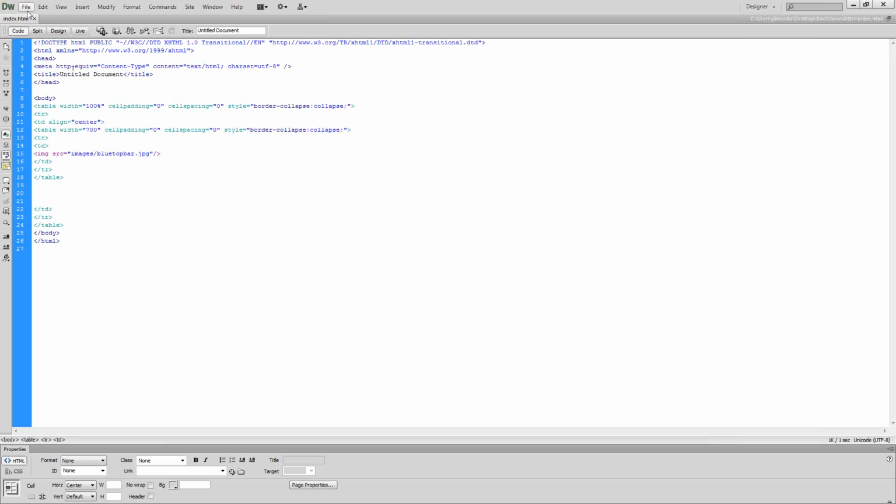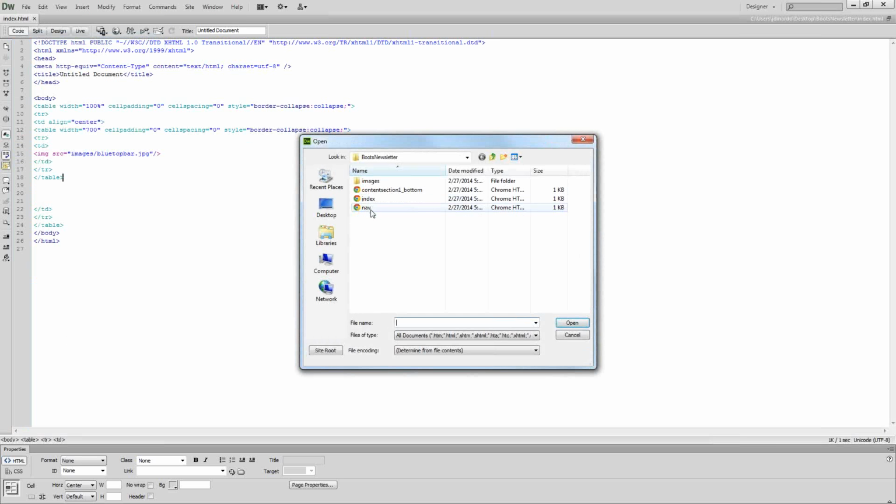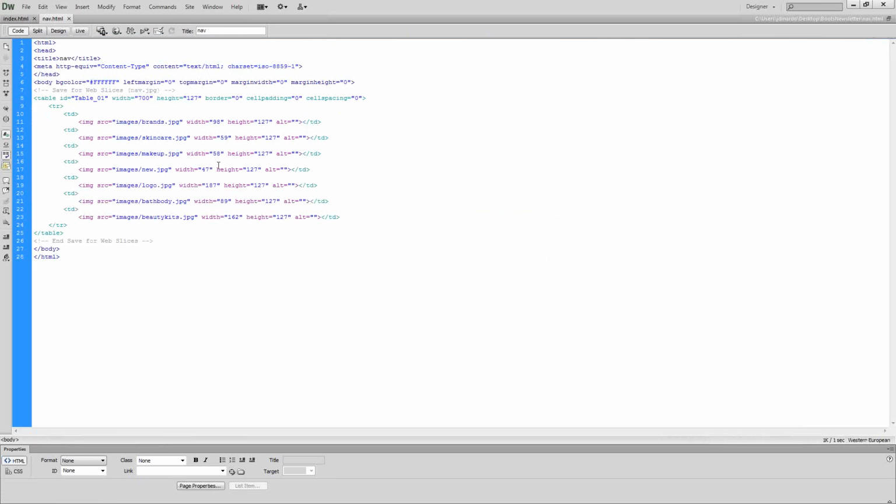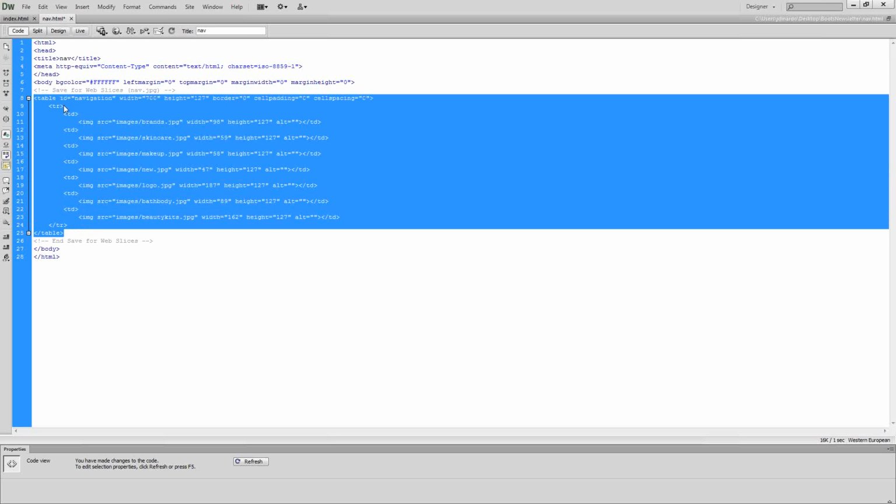So now, after the blue bar comes the navigation. And if you remember, we already let Photoshop create that navigation table for us. So we can go ahead and open up that file that it made. We can come right here and rename that table ID. Okay, so all of this is already set up. This already works. So we can just go ahead and copy that entire table,